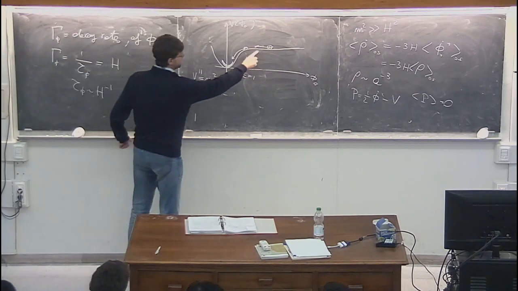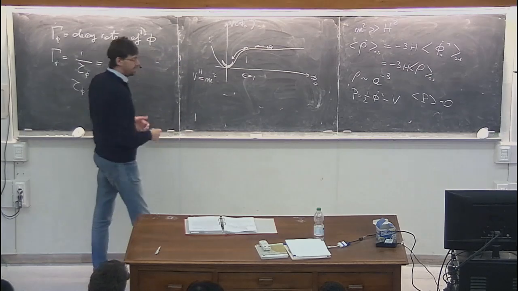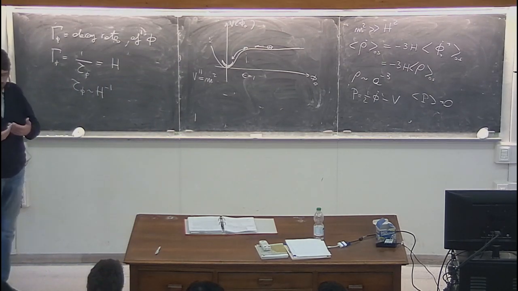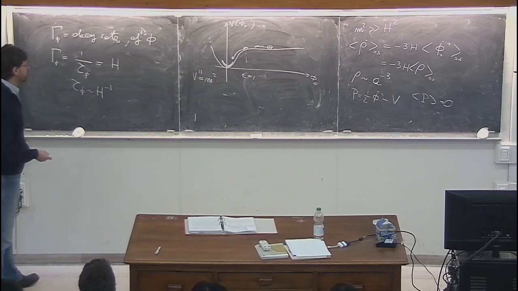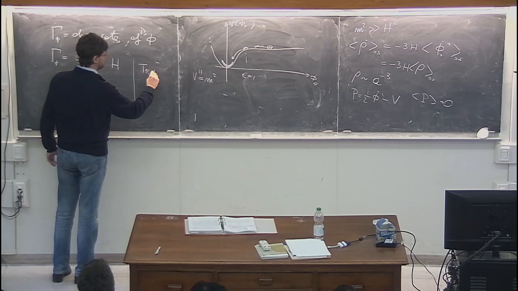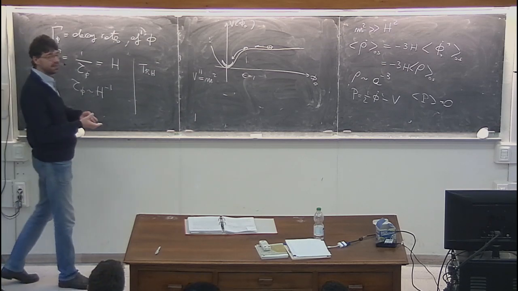So inflation is taking place, then the inflaton field is oscillating, at some point it will decay, and it will start releasing its energy, its oscillating energy, into lighter particles. Standard model particles, for instance. These particles will find themselves in a volume, they will start interacting, they will thermalize. Okay? And let me call T reheating the temperature that this